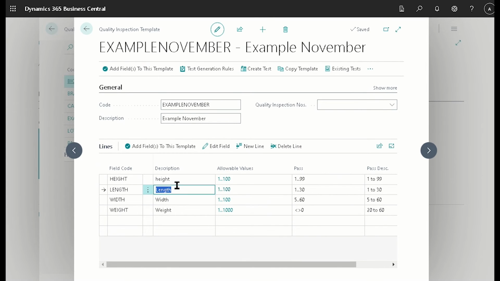All right. So now we have a quality inspection template that has the values that have been filled out from an existing test document. So now we're going to create a test so that we've actually got an instance of a quality inspection test, and then we're going to print them out. So let's create a test.